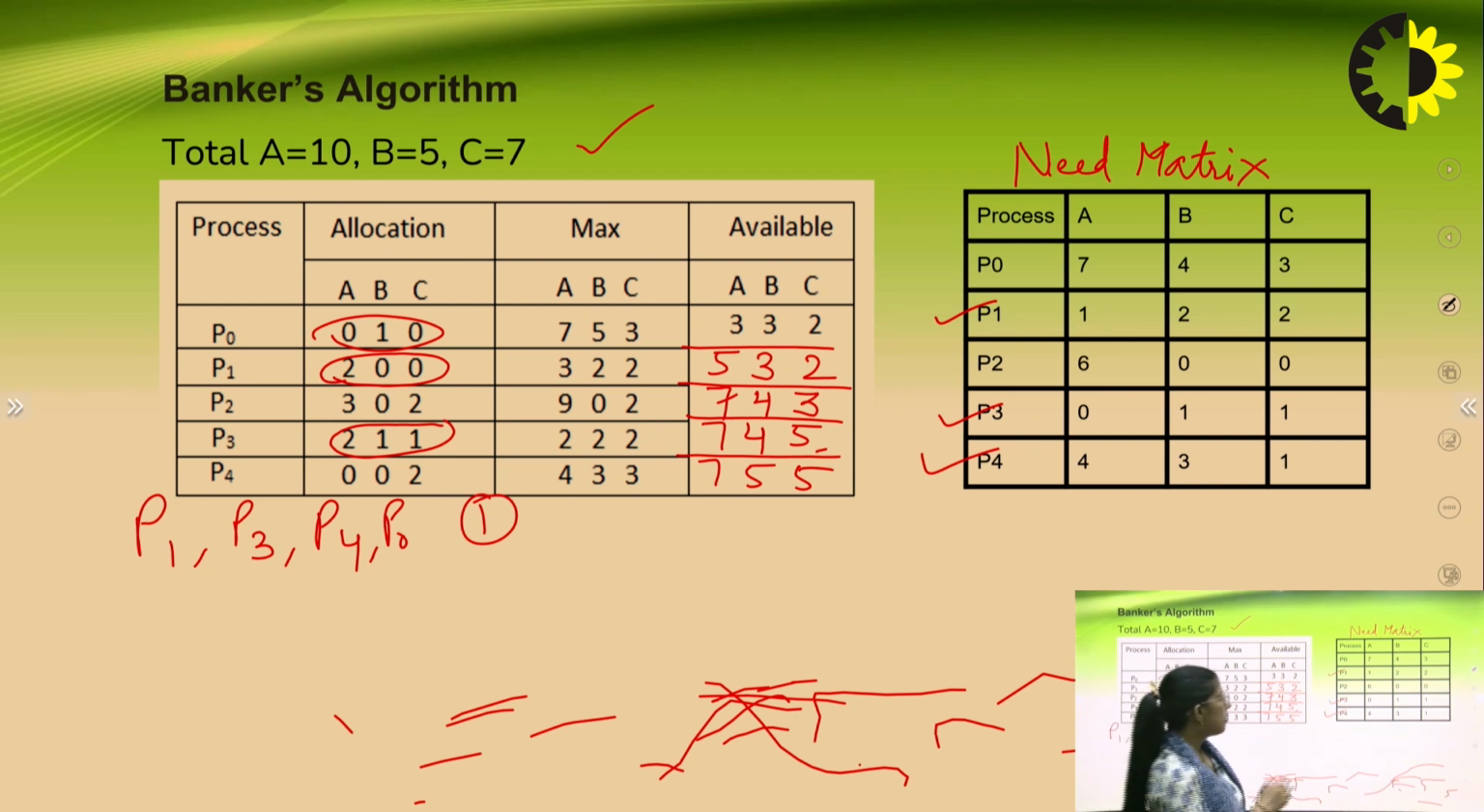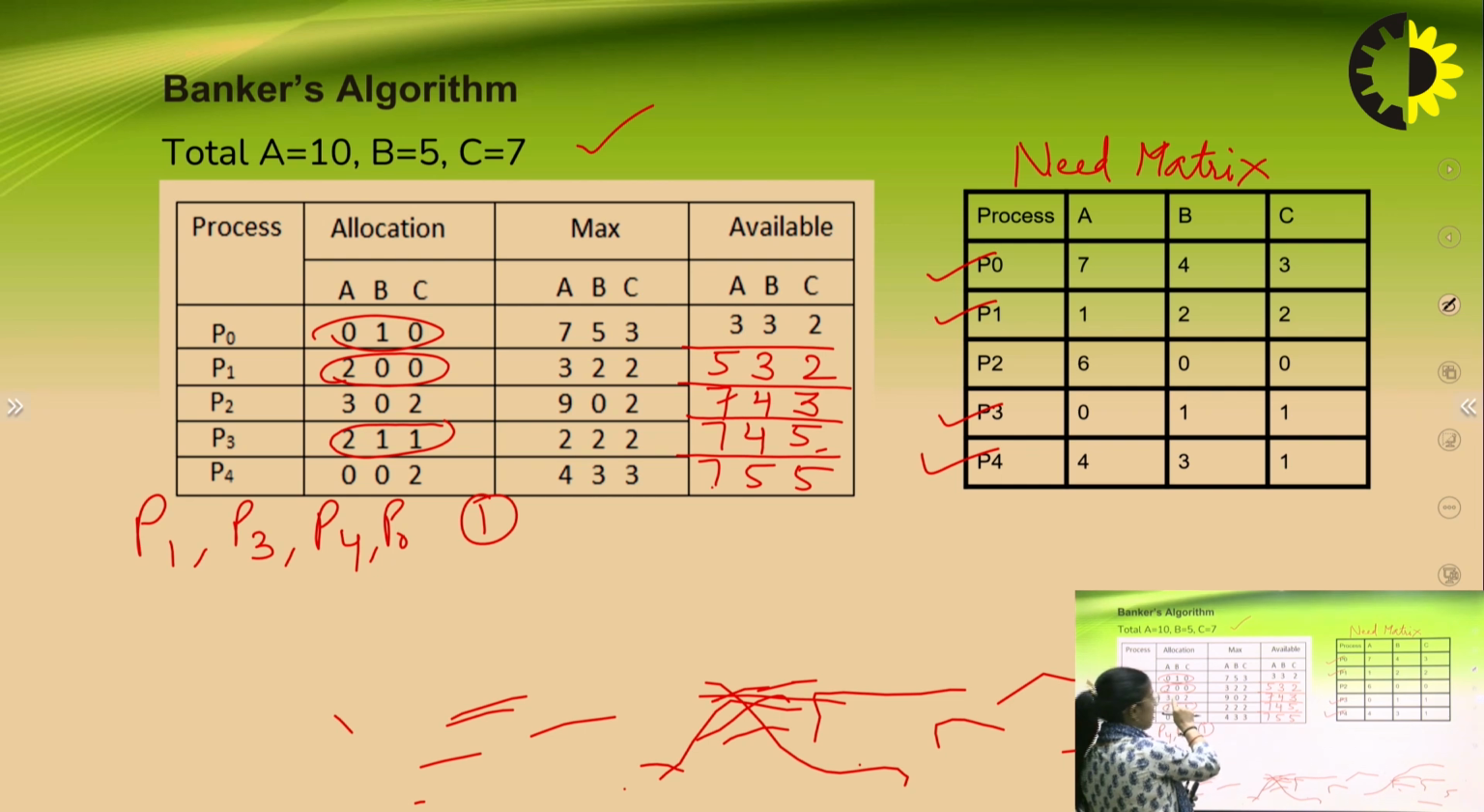After this, we only have P2. Let's check if the system can process this request or not. It requires only 6 resources of type A, and we have a maximum of 7 resources available in the system. So yes, we can perform this particular request also. After giving these resources to this process, it gets executed, terminated, and it releases its